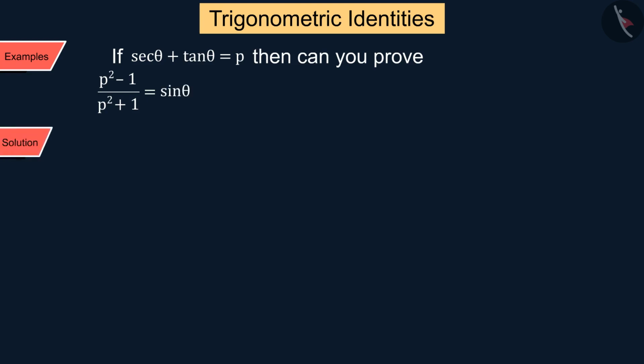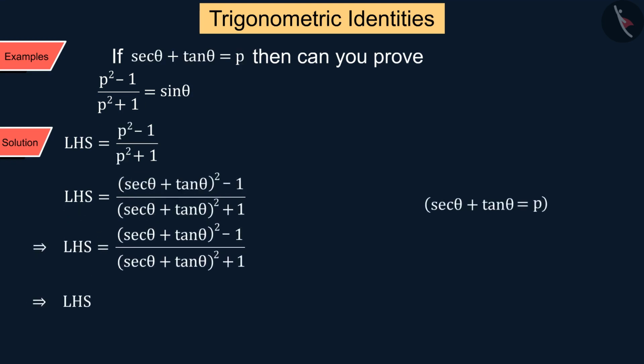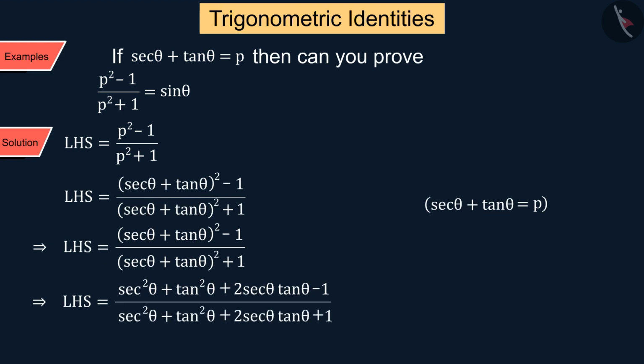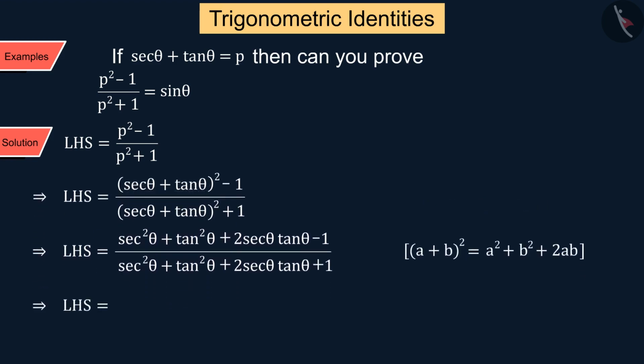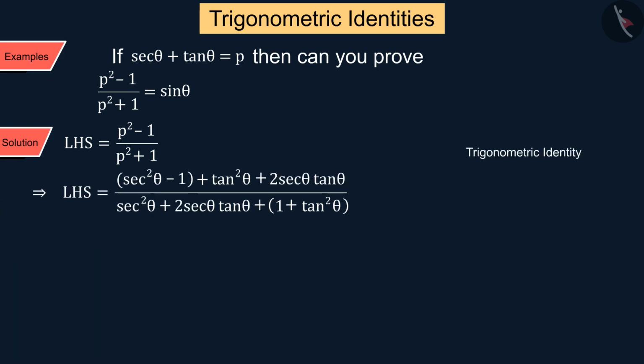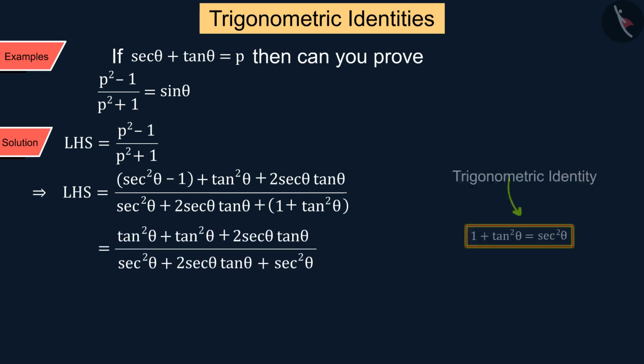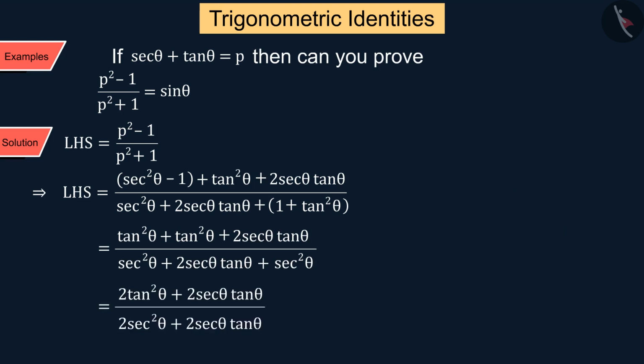Let's see. We discuss the left side of the given equation, where according to the given information, p is replaced by sec theta plus tan theta, from which we get the following equation, which we write as follows. And in this equation, using the trigonometric identity, 1 plus tan square theta equal to sec square theta, after solving, we obtain